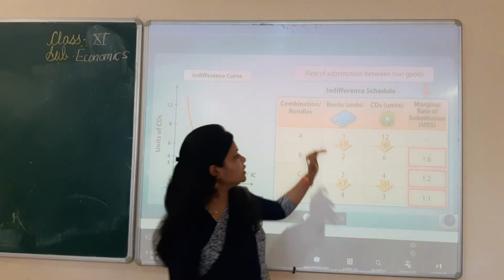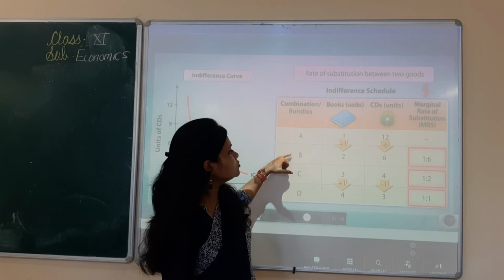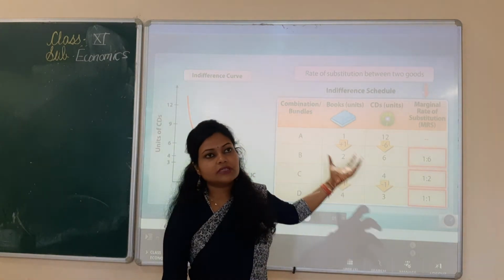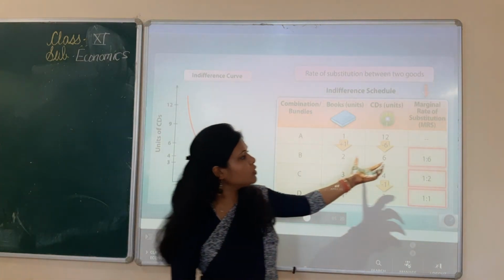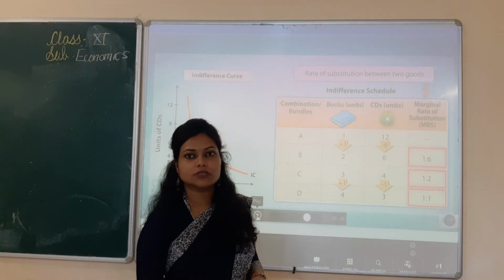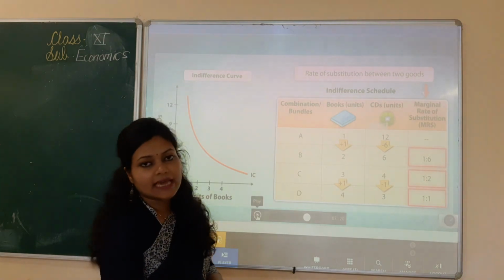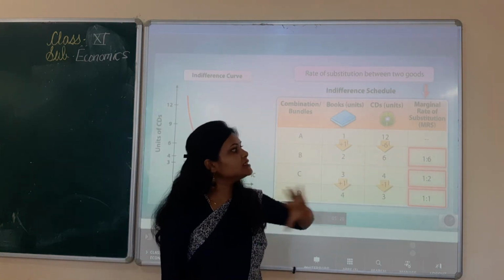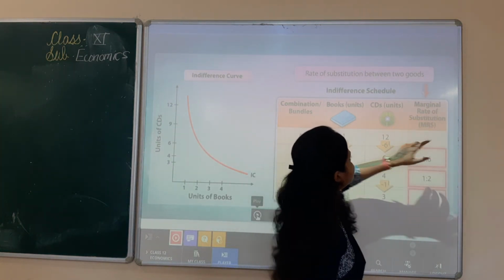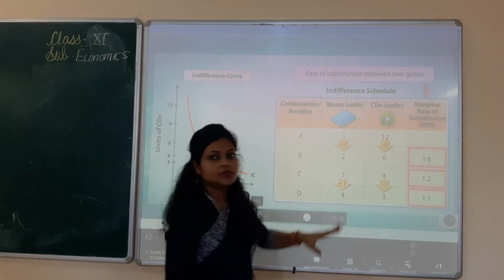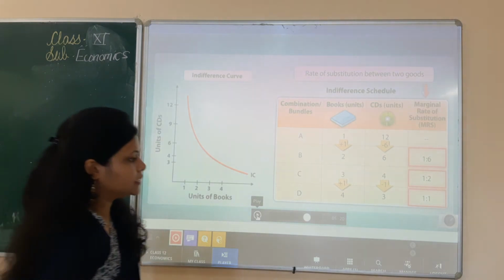Why is it called substitution? Because we are changing from one combination of goods to another combination. When we move from one combination to another, we are sacrificing some units of both goods. So how much we change is expressed by the marginal rate of substitution. That is, how much ratio of both units we are actually sacrificing. Marginal means additional, and rate of substitution means we substitute one in place of the other. What does substitute mean? Alternative. So we are choosing one in place of the other. That is what it is saying here.